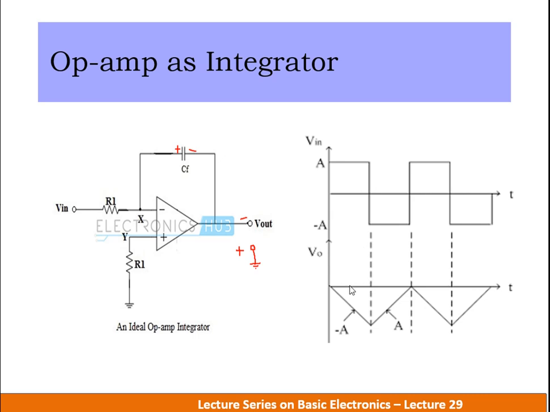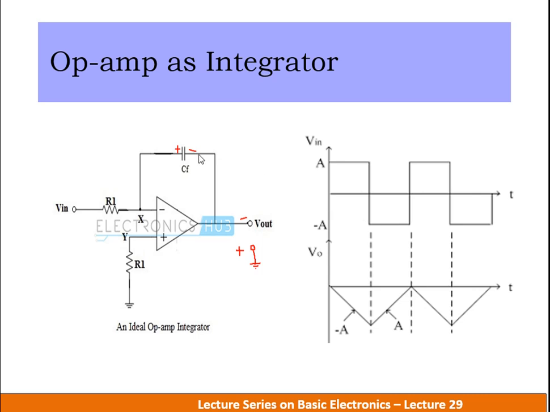So now the capacitor starts to charge linearly in a negative direction. Whenever an input changes suddenly from positive to negative, you can make a note here: its input signal changes its value suddenly from positive to negative. That is, during a negative half cycle of the input, the direction of the current I is reversed. So now the capacitor starts to charge with a reverse polarity.